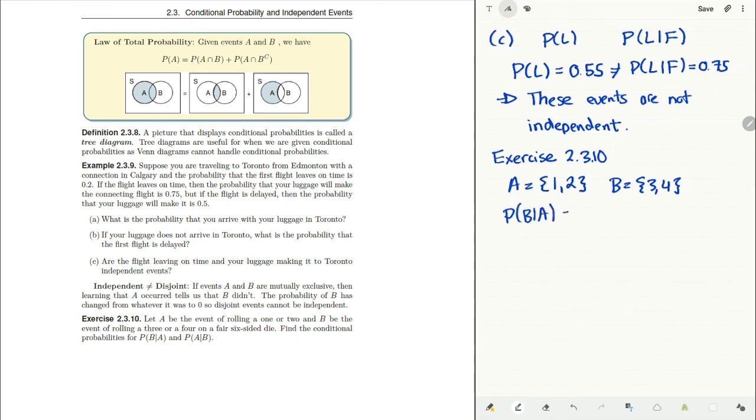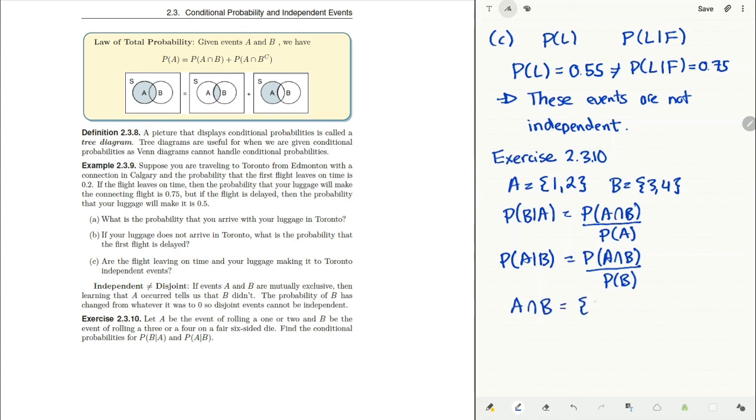So the probability of B given A, if we use our conditional probability formula, is the probability of A and B divided by the probability of A. And similarly, to find the probability of A given B, we take the probability of A and B and divide it by the probability of B. So for both of these probabilities, we need to find the probability of A and B. So the intersection of A and B,